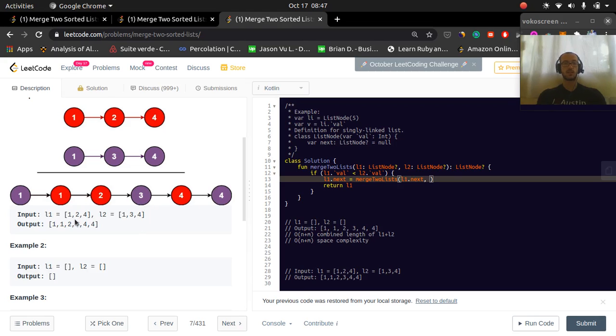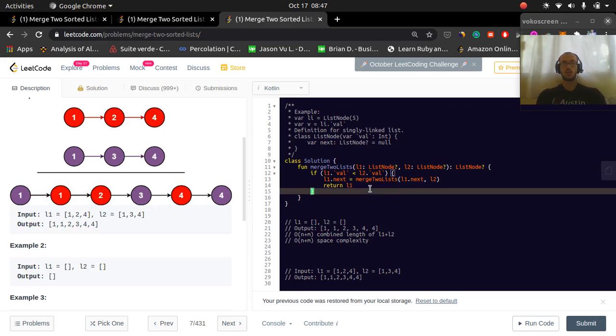And so that's going to correspond to 2, 4 and L2. And that's going to figure out what is coming after this value. And once you figure out everything that comes after this value, return this value, right? And it will have all the correct next values. Okay? And else, so otherwise,